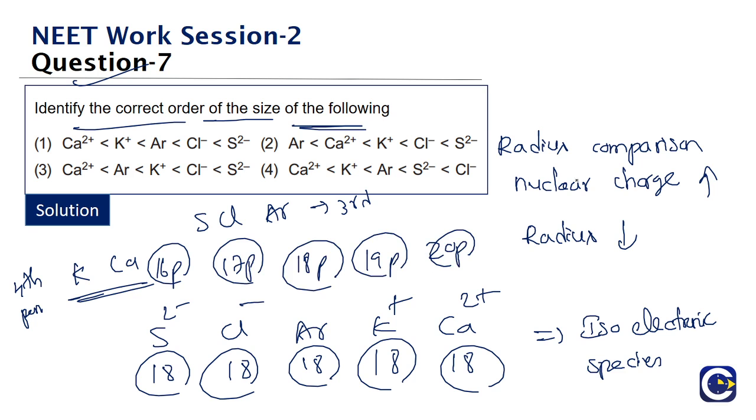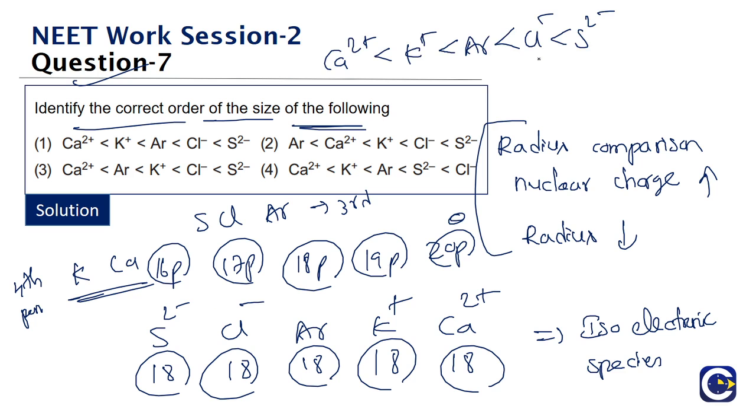So what is the conclusion here? When the nuclear charge is more, the radius will be what? Least, which means where the nuclear charge is more, in case of calcium 2 plus, that is the nuclear power coming from 20 protons, so that is going to have the least radius. So look at it, calcium 2 plus will have the least radius, then comes potassium, because potassium, what is the nuclear power? 19 protons. Then comes argon, 18 protons. Then comes Cl minus, 17 protons. Then comes S2 minus, sulfide ion.